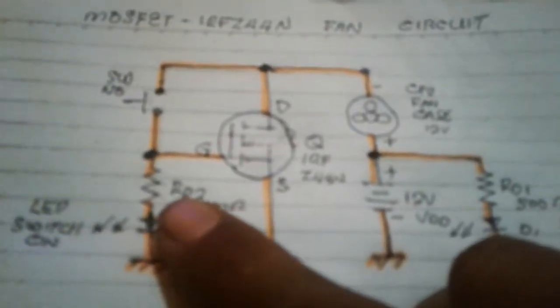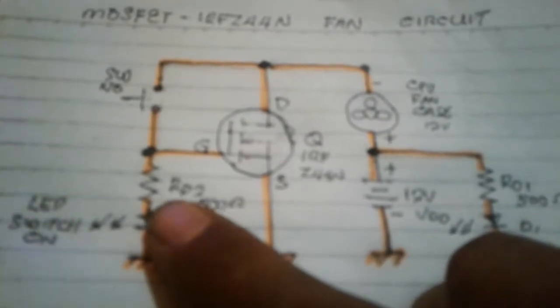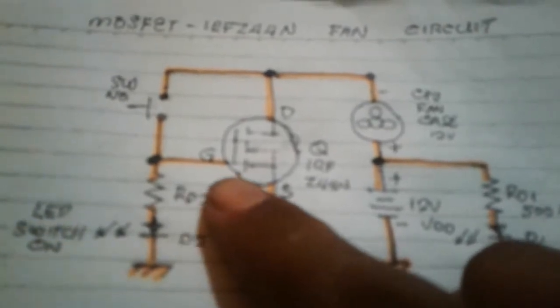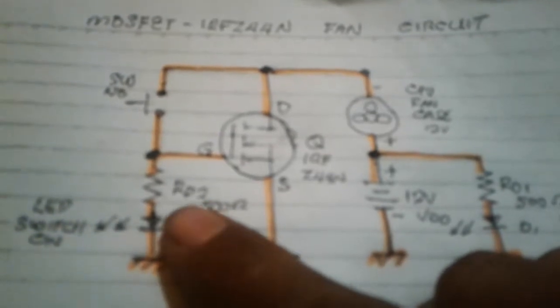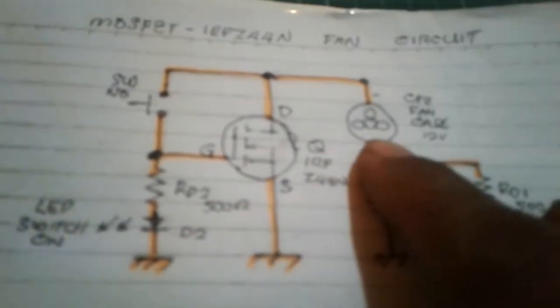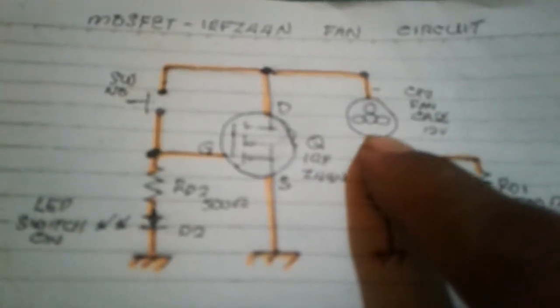As you have seen here, we have the resistor here. The purpose of the resistor here is to prevent this capacitance develop at the source to gate. If you don't have the resistor here, the fan will automatically turning on,